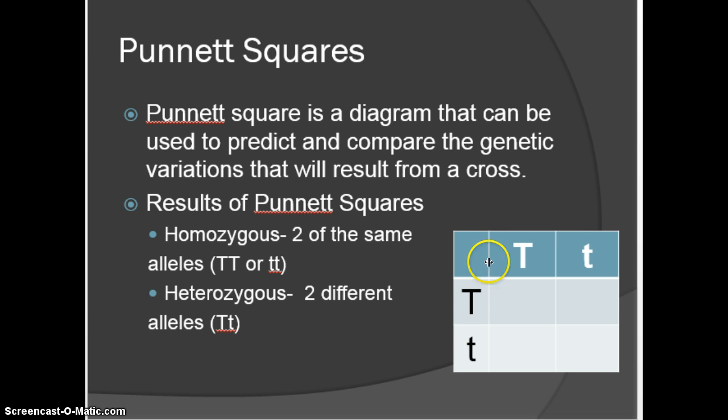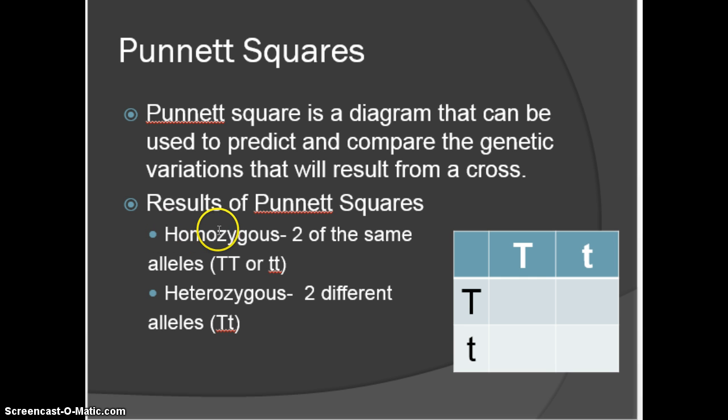So our Punnett square, this is actually what the Punnett square will look like. On the top here is where you are going to have one parent, the genetic information, the alleles for one parent, and the other parent is going to be over here. So just a reminder,